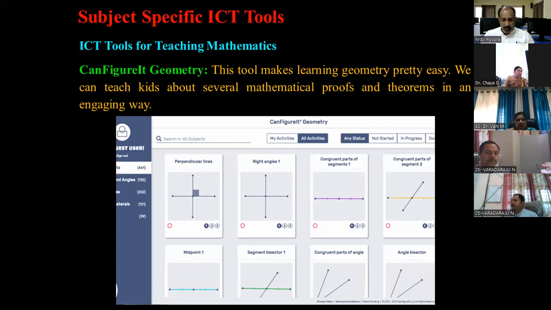So you want to explain a Pythagoras theorem, or you want to explain polar coordinate concepts and Euclidean coordinate concept and line, intercept, and etc. Right? So all those concepts can be beautifully presented in a dynamic way with the support of this particular tool, so that the students will love it and they can engage in learning, right? So that's the power of this ICT tool, particularly Configure IT Geometry.